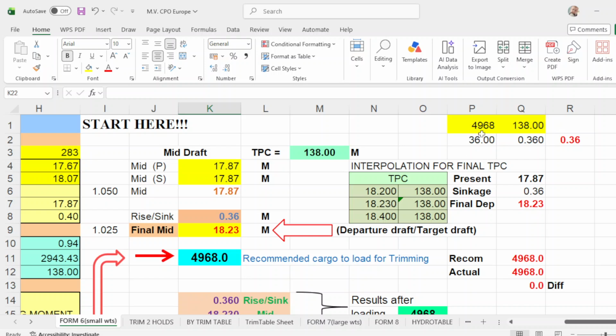So 4968 divided by 138 will be 36. Divide by 100, that will be 0.36. And here your present mid drop is 1787 plus your sinkage of 36. Your final departure is 1823, which is the same here. So this is how you get your sinkage.